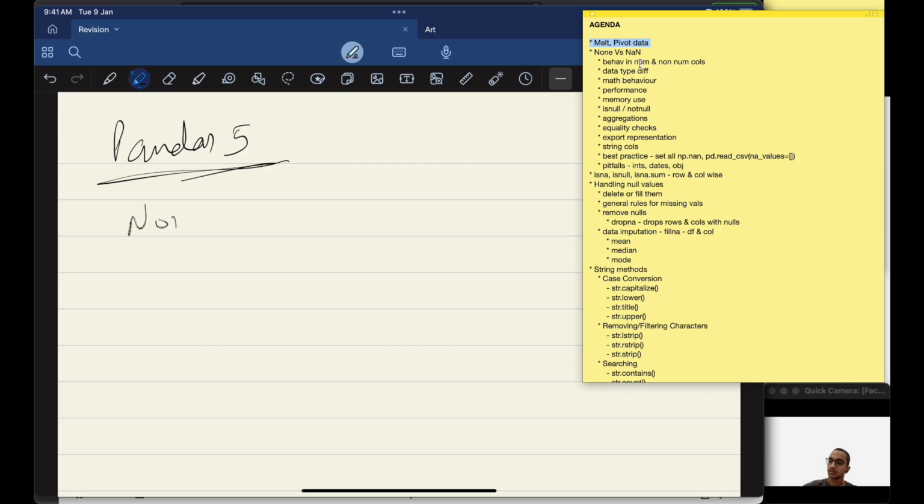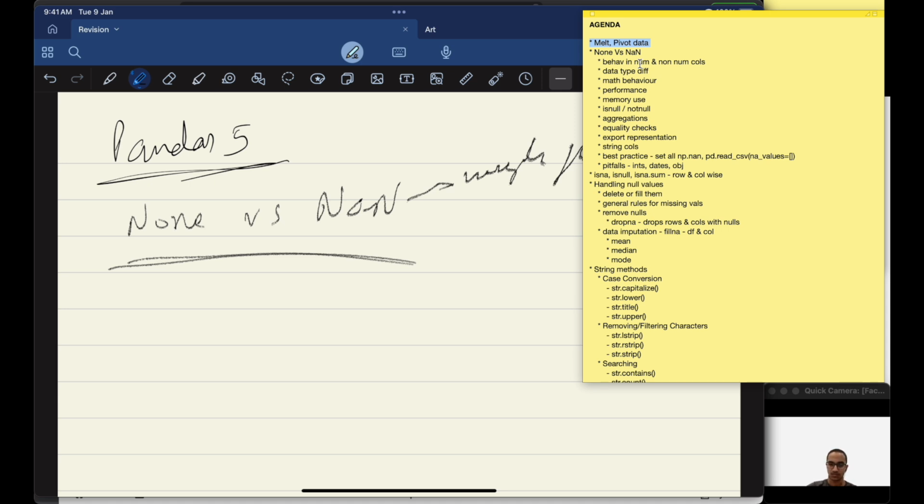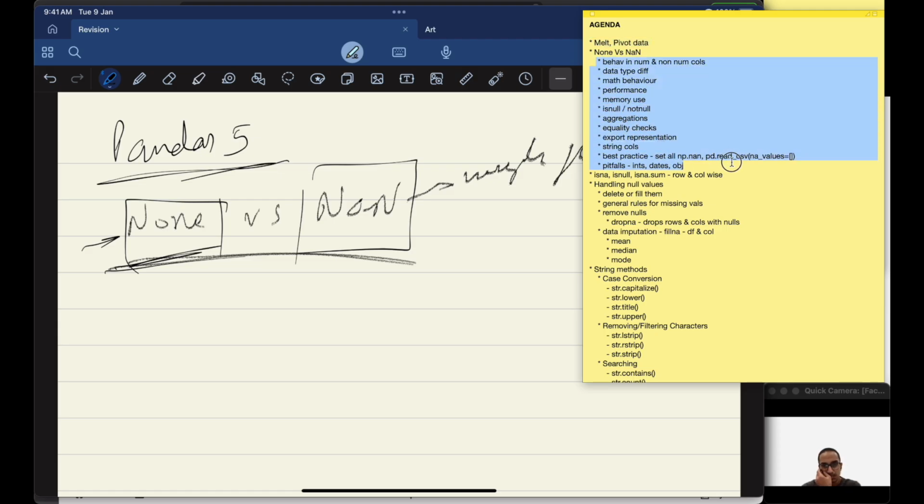None versus NaN. NaN is not a number. This is a NumPy float value. So basically, this is dealing with missing data. So if you have blanks in your tables, or if something is missing, then by default Python uses None, and NumPy likes to default to NaN, although interoperability is there, but still NaN is more performant, so we'll be looking at that stuff. So all of the None versus NaN behavior,